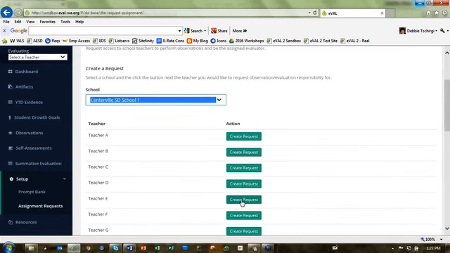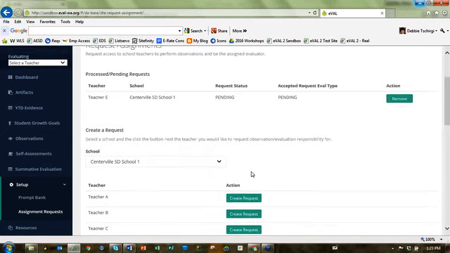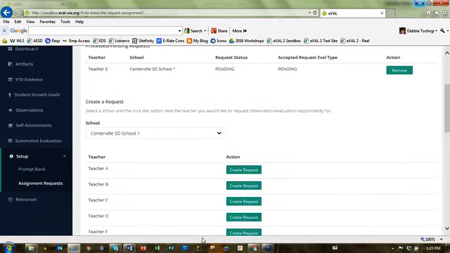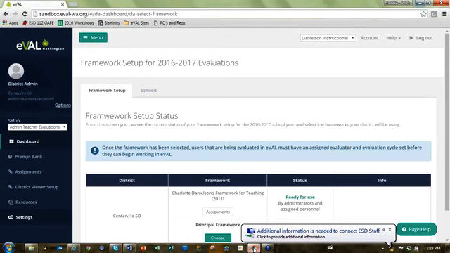And I want to create a request. I'd like to request that the district administrator approves the pairing of that teacher, Mary Brown, at School 1 with me as their evaluator. So I sent in a request, and now if I go over to Centerville School District